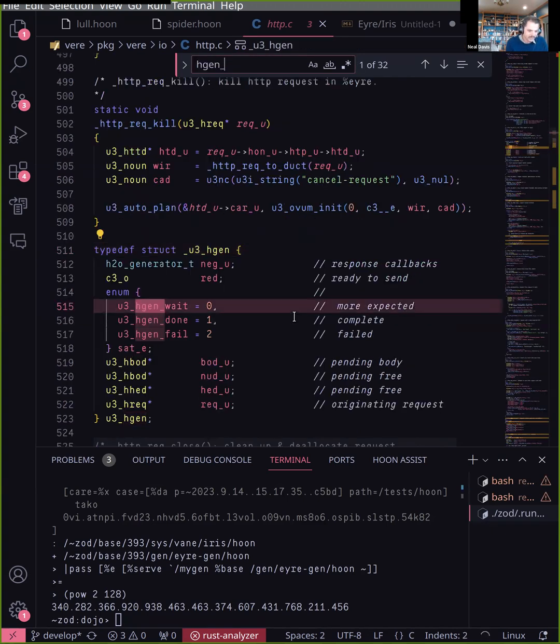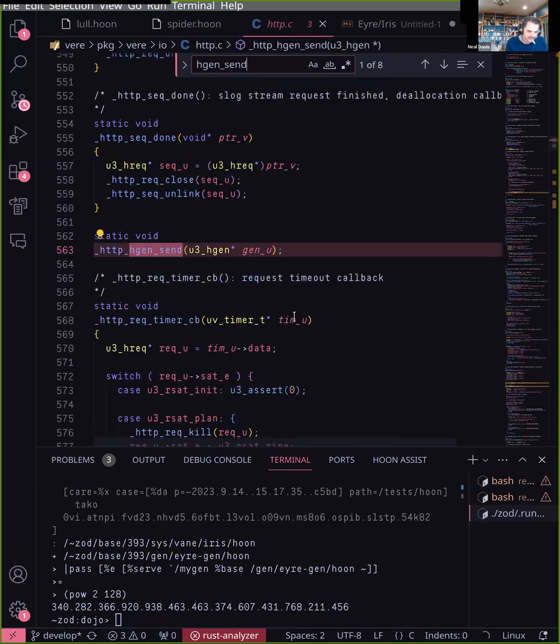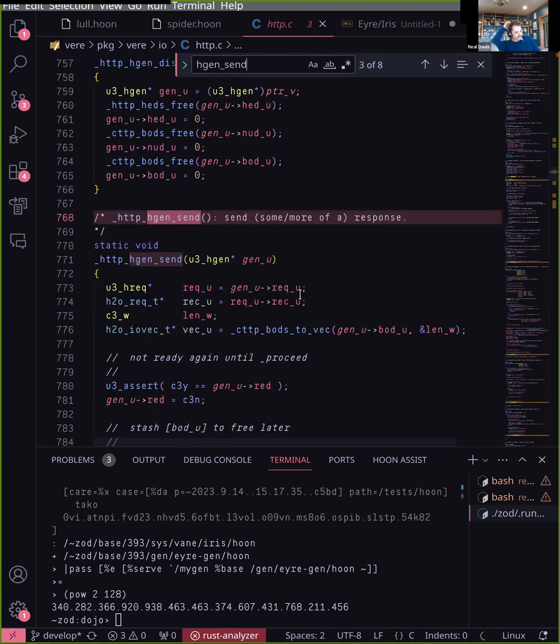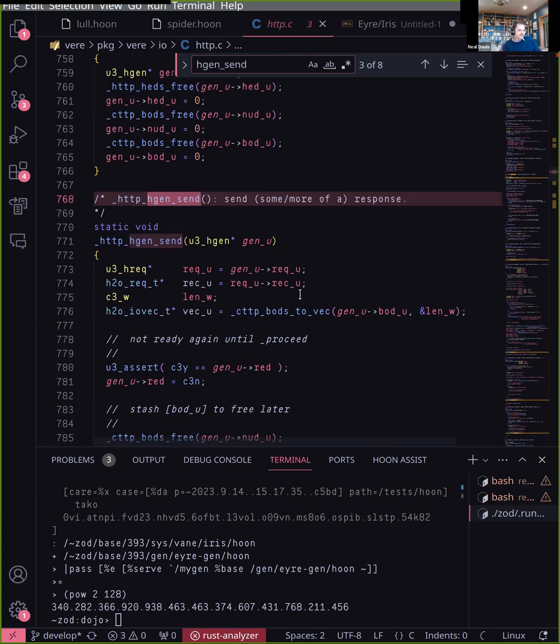There's hgen send. This is what actually sends your response values there, and you have queues and breakdowns and everything. This is interesting because this is actually one of the places where it calls out to the client. Because it's sending a response here, it decides to pass some of that through CTTP. So it's not as clear as